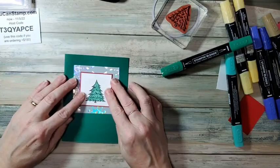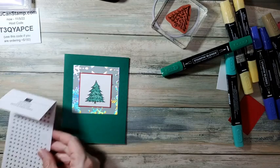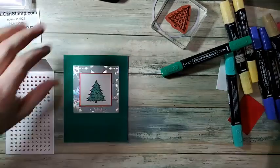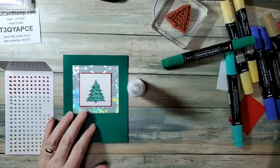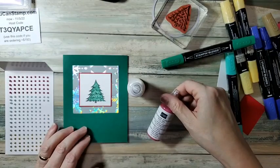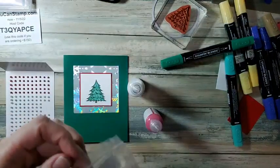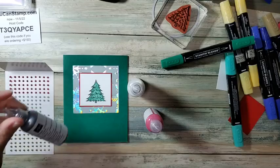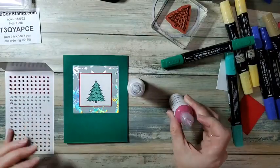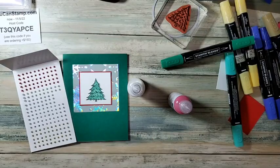Okay, just a tiny pop of color. And then I have, these are new. I also have the pearlized enamel effects, and we have red, real red, and this, I think it's like pewter, black. Maybe that's too much, but these might work, or these might be pearly enough to go with the iridescent, or